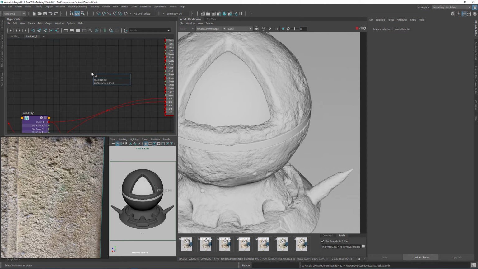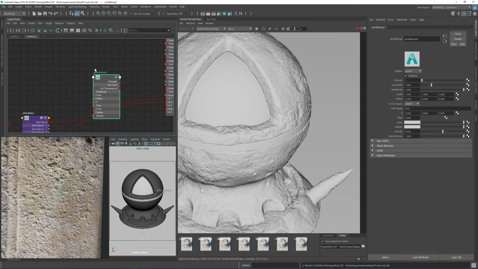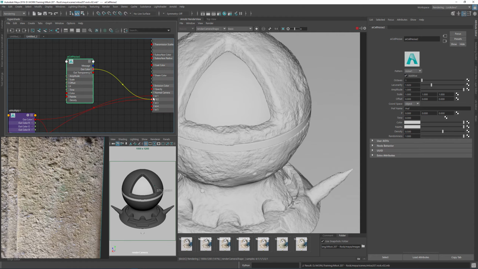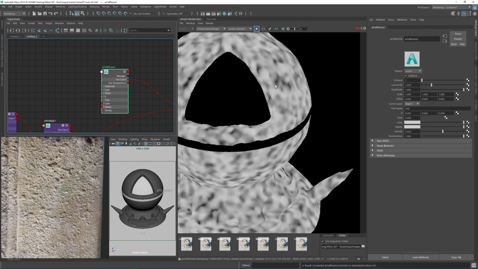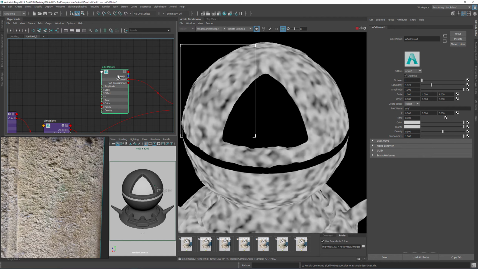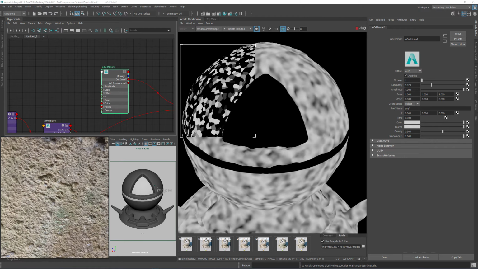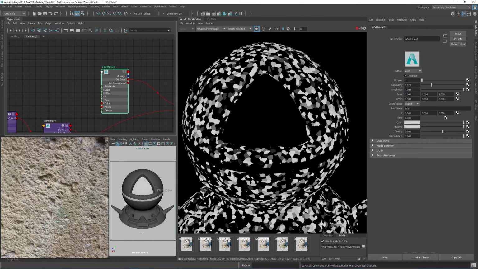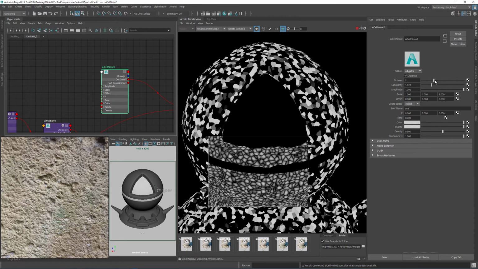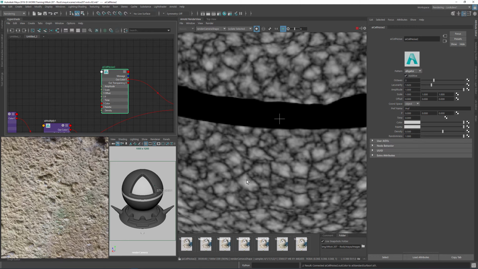So we have an AI cell noise, which is pretty cool. If I hook this up into my ID slots to use it for isolate selected, and they have something like cells like this, you can see we almost have that shape. It's just very sharp. So we can try and maybe look for this alligator, add some details to this, so we can actually try to use this instead, because this is a bit more broken up, and we can try to change the